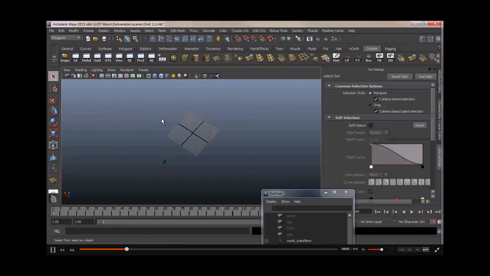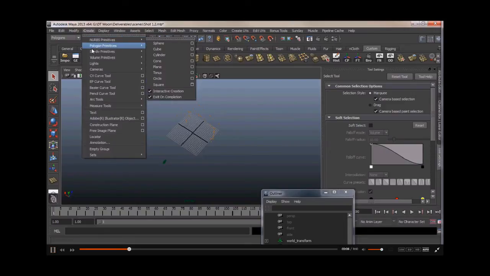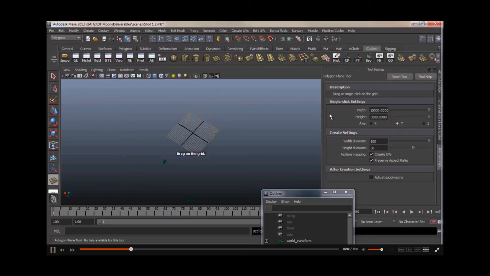And the way we're going to be doing that is with displacement maps. So let's create a piece of geometry for our displacement maps. I'm going to create polygon primitives plane. Now, there's some funny settings that you need to be aware of inside of Maya, and the first is the actual scale of your geometry. I found that if you create a really small piece of geometry and scale it up, the displacement doesn't look as good. You can freeze your transformations, but it's just easier to create a larger piece of geometry and then